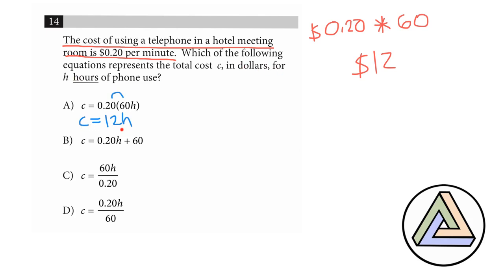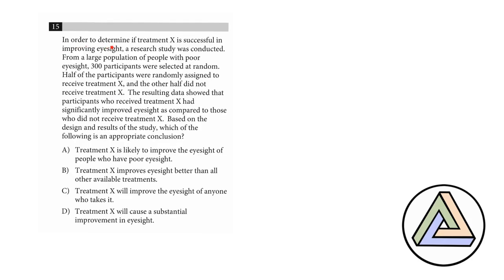You might want to use this equation, but it so happens that this is equal to that. That's the answer. So I'm assuming y'all get it. I might be overdoing the explanation. So let's move on. In order to determine if treatment X is successful in improving eyesight, a research study was